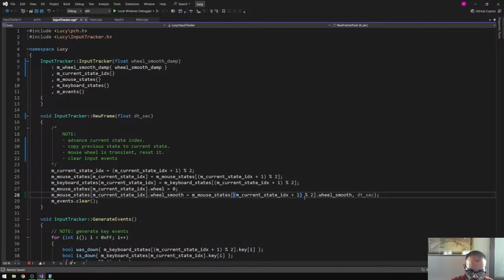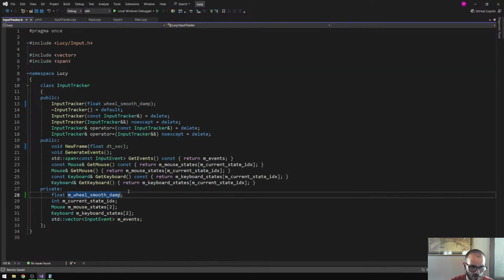So what I do is simple: take this, multiply it by, and then multiply it by the delta time in seconds, fixed. So for example, there should be a value between